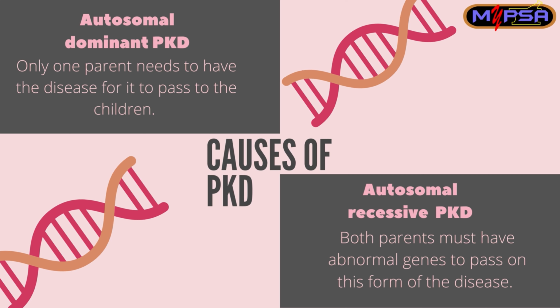The main and only cause of PKD is due to genetics, which are the autosomal dominant PKD and the autosomal recessive PKD. Autosomal dominant PKD is when only one parent needs to have the disease for it to pass to the children, while autosomal recessive PKD is when both parents must have abnormal genes to pass on this form of